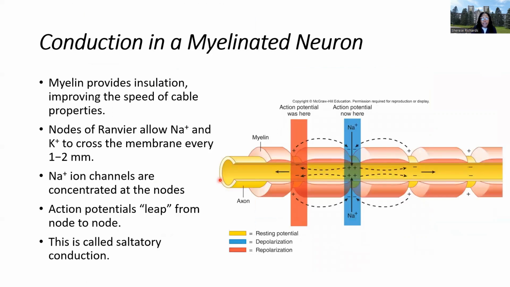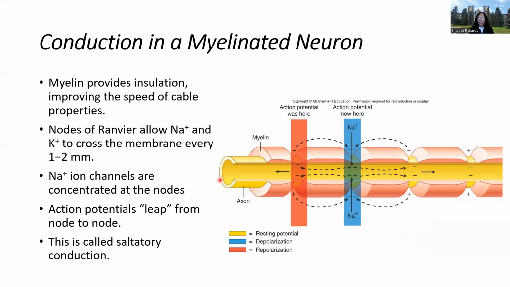Now we want to describe the way that conduction happens in a myelinated neuron. So typically our autonomic neurons, for example, the neurons that control our smooth muscle, our glands, our cardiac tissue, those are not myelinated or not heavily myelinated. The neurons that are myelinated are going to be your peripheral neurons, right? Especially your skeletal muscle neurons. So your radial nerve, for example, I'm sure you guys have talked about the radial nerve in your labs, right? Your median nerve, your ulnar nerve, your sciatic nerve, those really large nerves that are